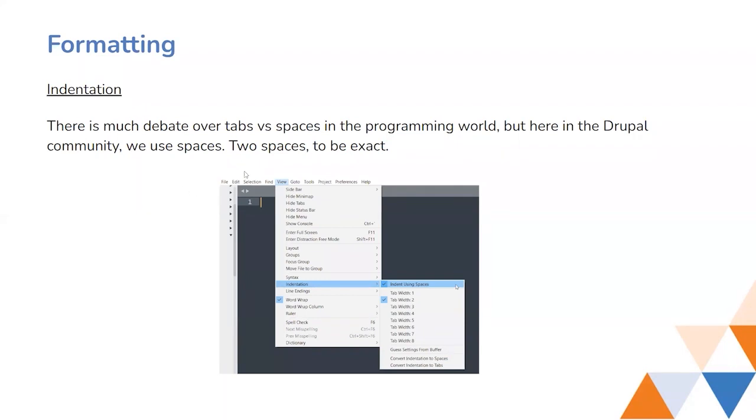Some programming languages use tabs, but others use spaces. In Drupal, it is two spaces. And if we have the habit of using tabs, we can go to the editor, to view indentation, and set the indentation using spaces with a width of 2. So whenever you press the tab, it will give two spaces.